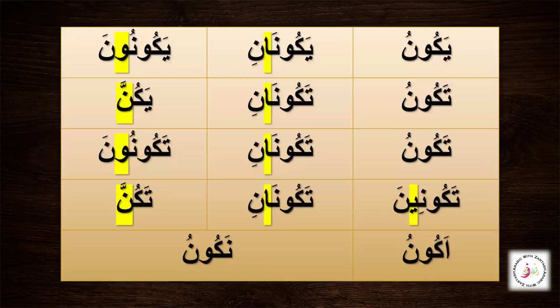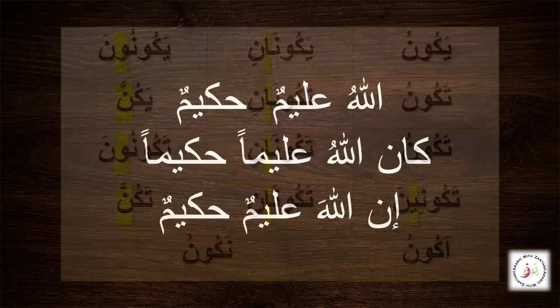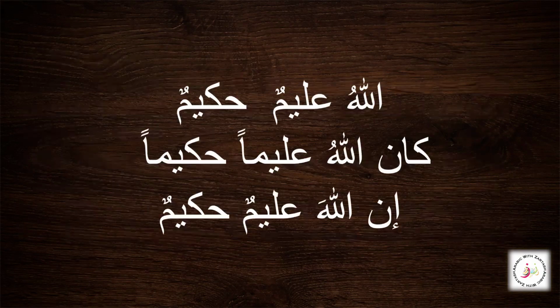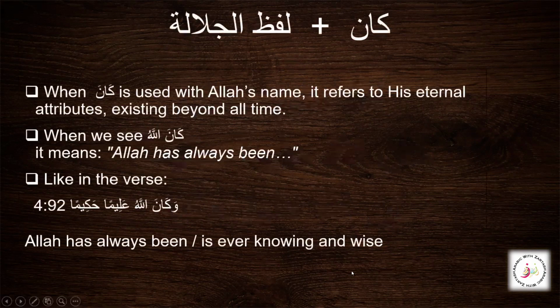So let's continue. We did some tables for the past tense and the present tense of kana yakunu, where we learned all the variations. We did some examples like how when kana enters jumla ismiya, how it makes the changes and how it is different from inna wa ismuha. Then we also learned that when it is used with lafzul jalala, it shouldn't be translated as "was",